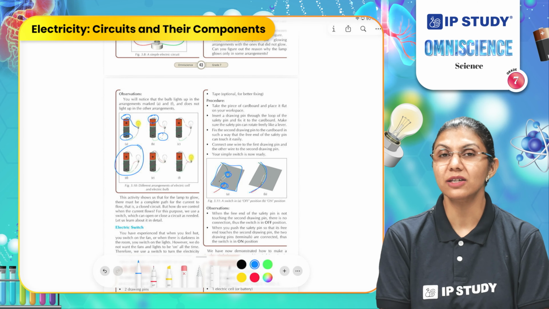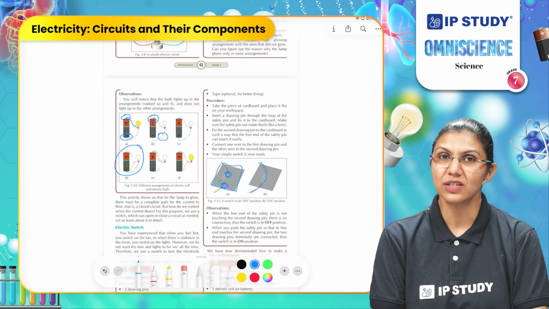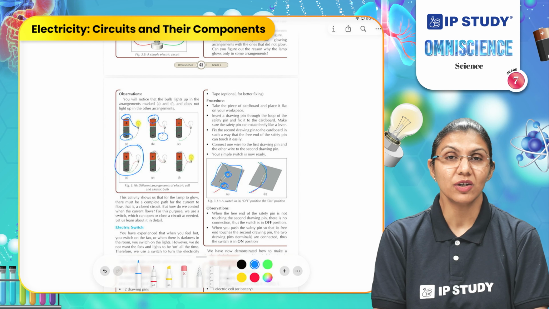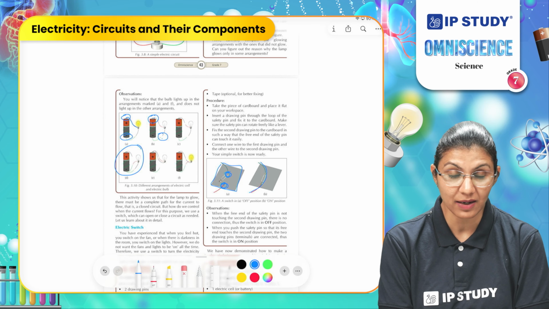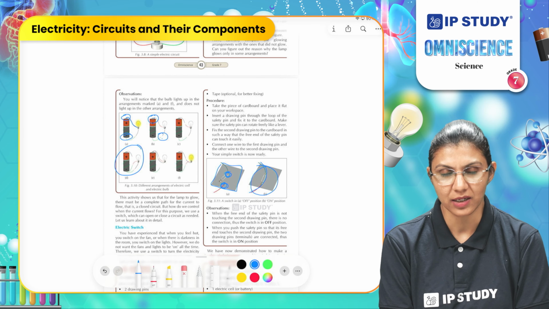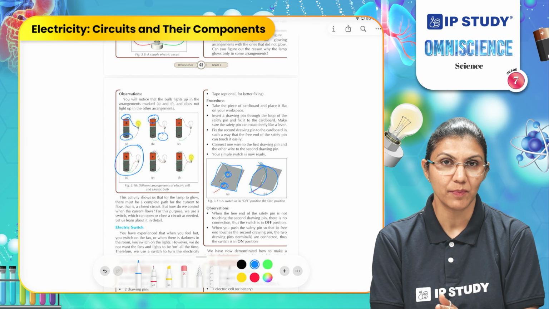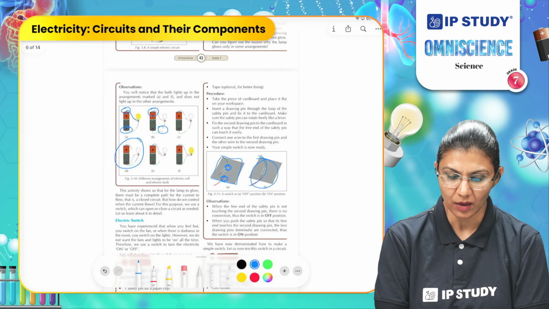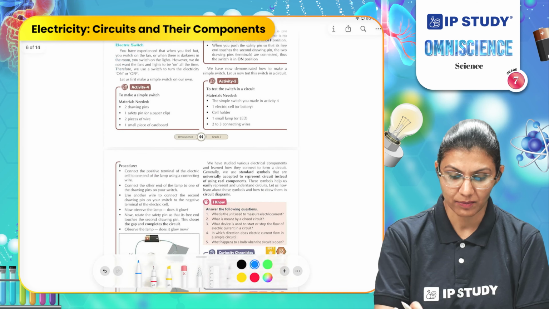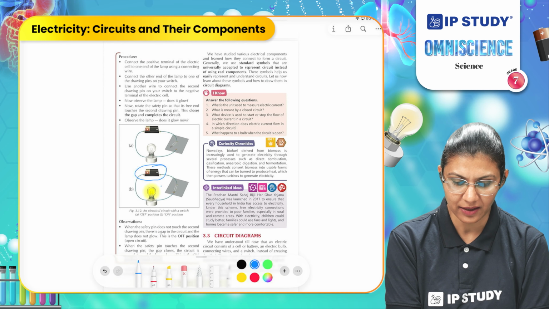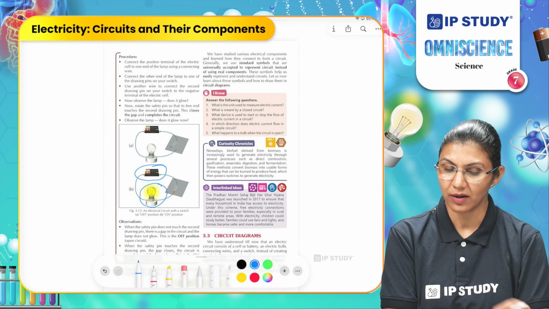So scientifically we use two terms here, open circuit and closed circuit. What is an open circuit? A circuit where all the connections are not completed. It has a break. In this case we call it an open circuit, and when the circuit is completed we call it a closed circuit. The current flows through any device when the circuit is completed or closed. We can test this switch by connecting it to a source of energy and the device, or a simple bulb.